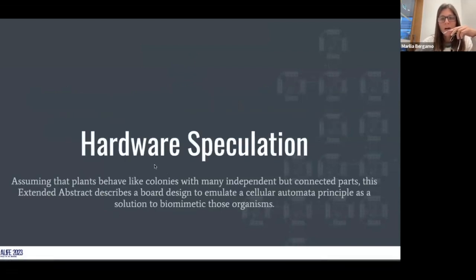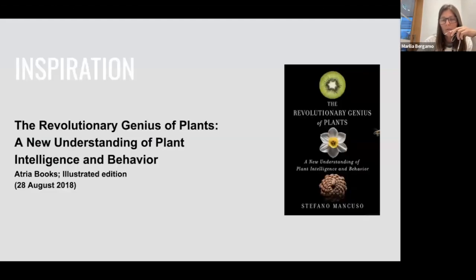What we did was a hardware speculation, assuming that plants behave like colonies with many independent but connected parts. This extended abstract describes a board to emulate cellular automata principles as a solution to biomimetic these organisms. Our research is